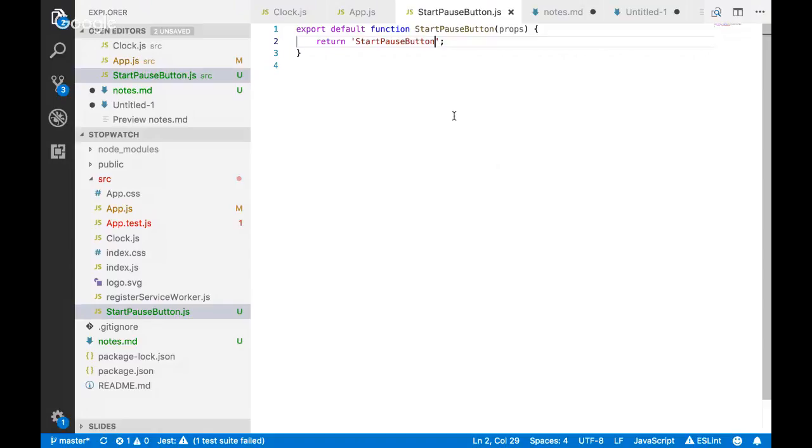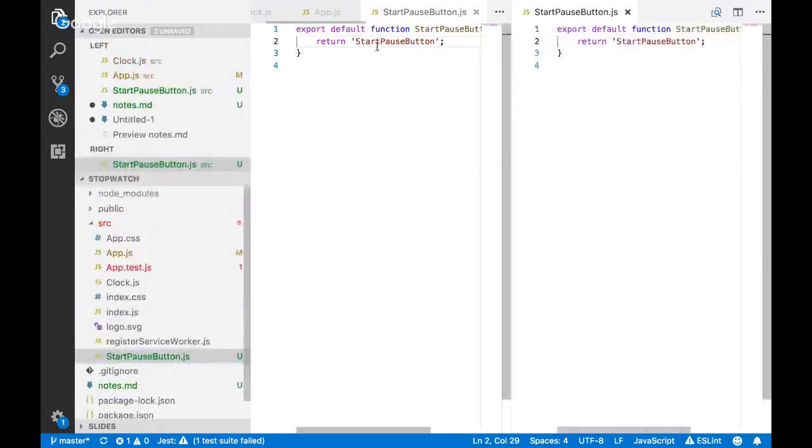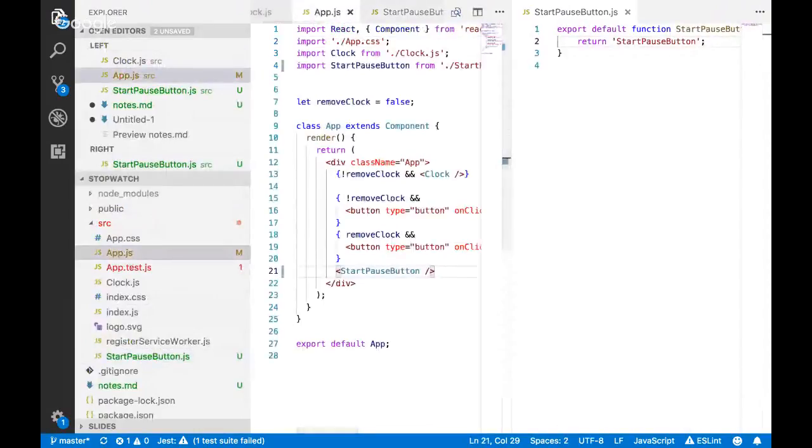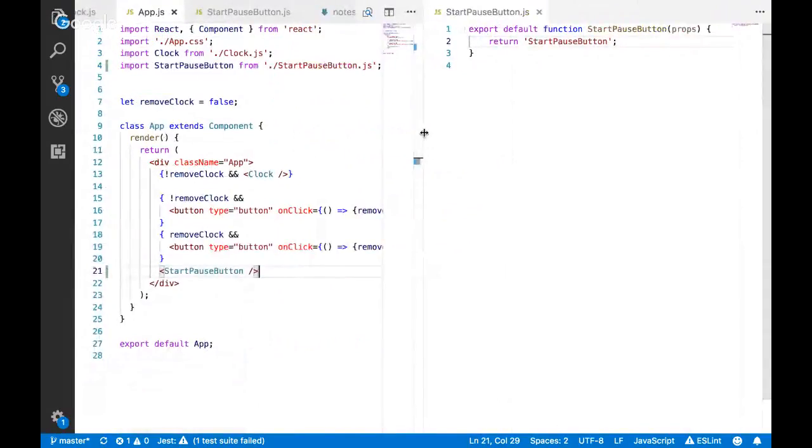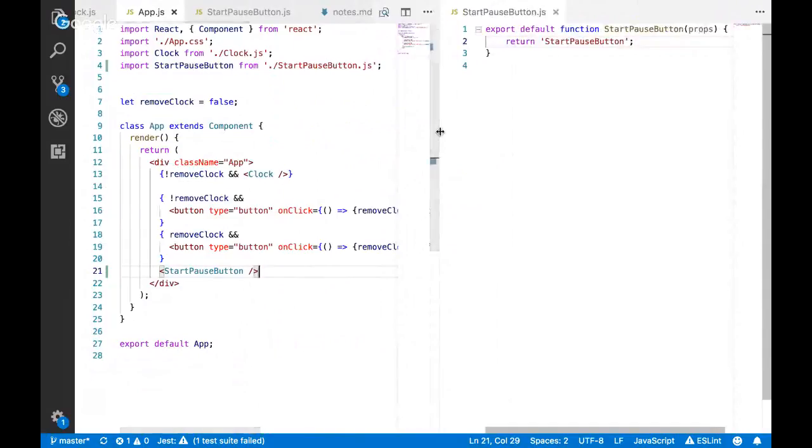So did anybody make real progress on this as to where they wanted to go with this? People got stuck pretty early? Yes. Yeah, I can show you that real fast. In the app.js file, I imported it. But instead of